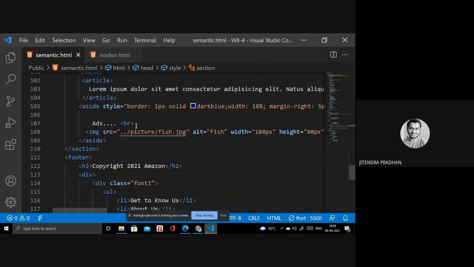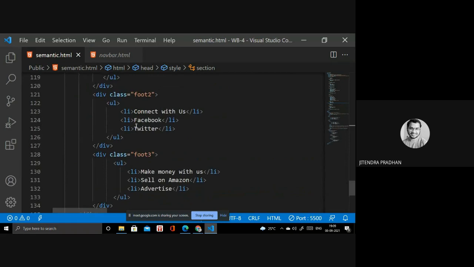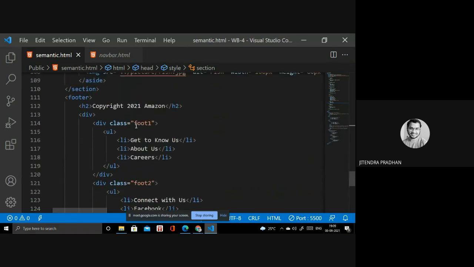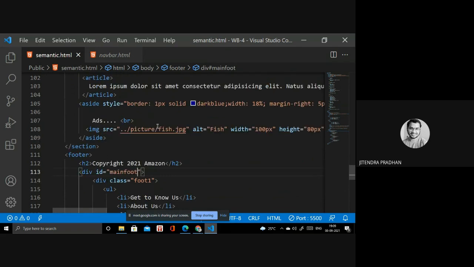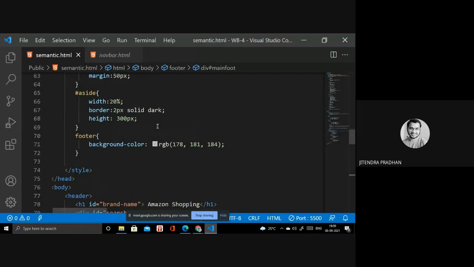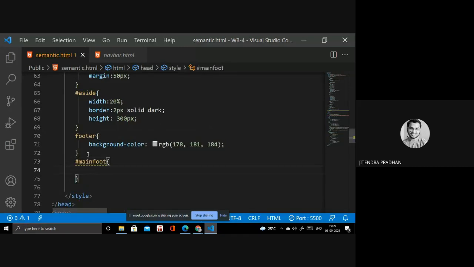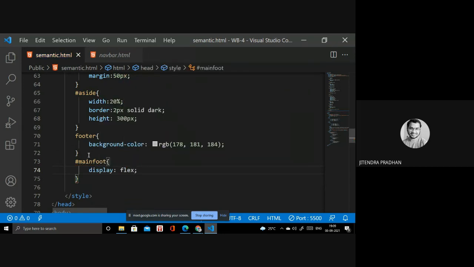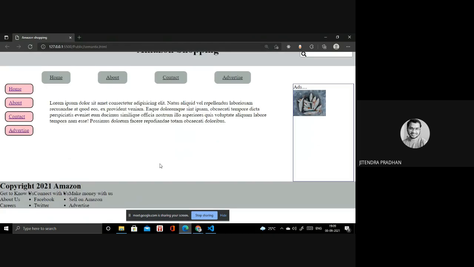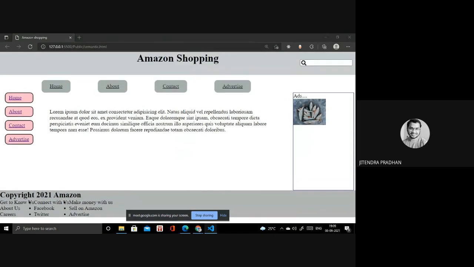Okay, done. Next we have to design something inside that. So I will give inside it a footer division. You have to write inside that ID, it's like main footer. Then you have to copy that footer name, and you have to write some CSS as well. What is that? Display flex. And let's see. Yeah, it looks better, but I need to change something.